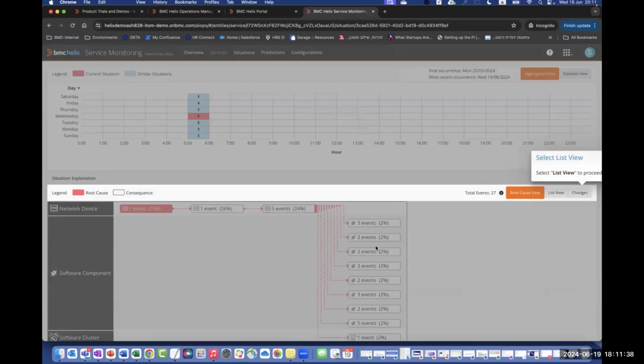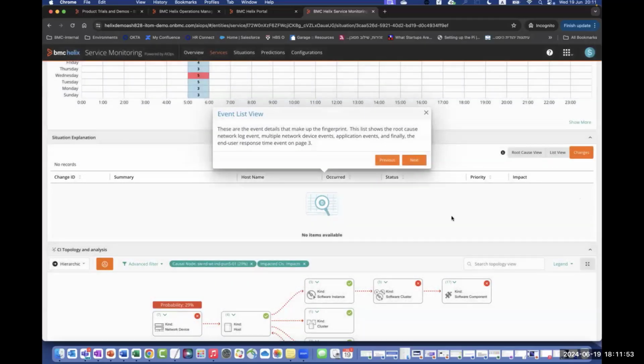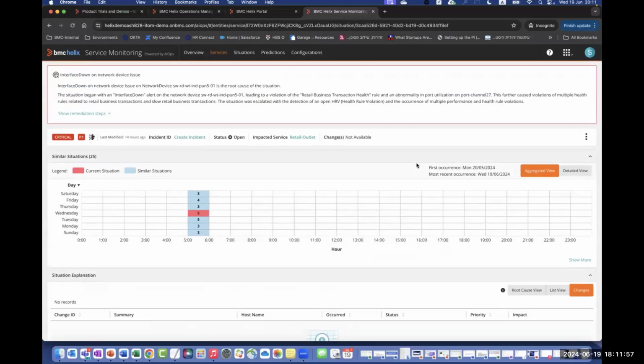I can go, and instead of seeing this graphic view, which is very informative because it really tells a story, I can also go in and see just a list of the changes that were made that are relevant for the situation. So we don't have any changes in this demo data right now. So if we click next,